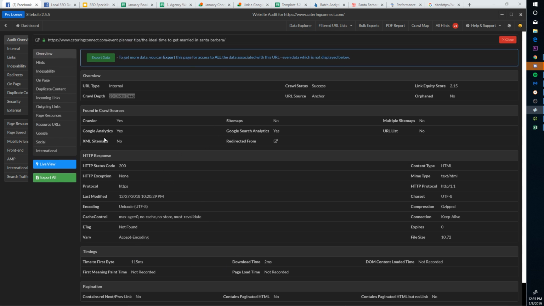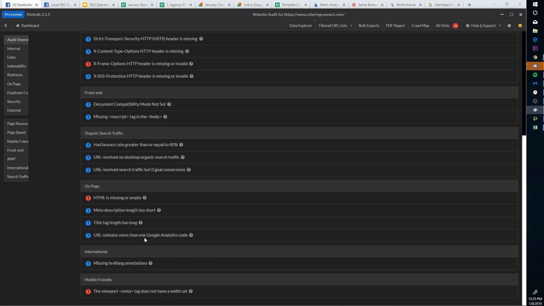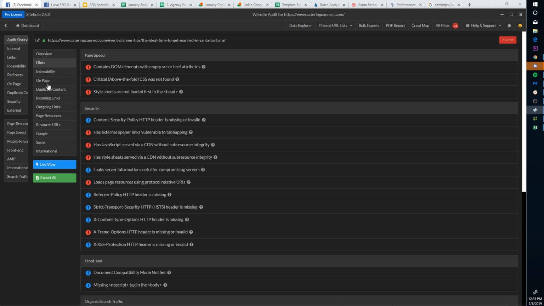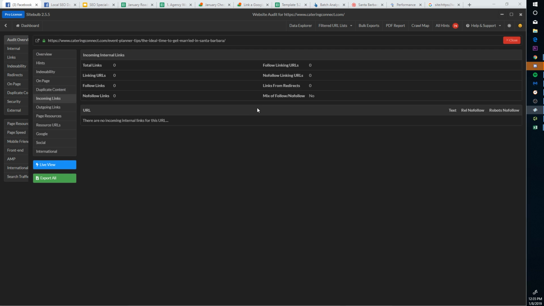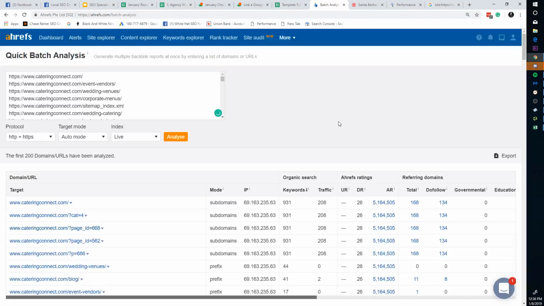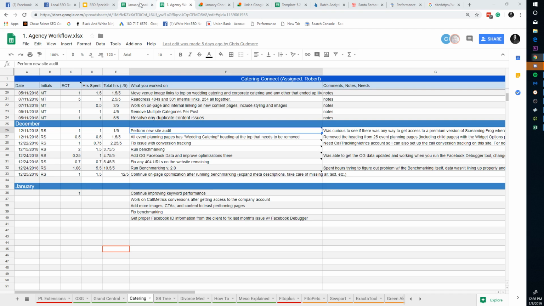You can also see all the hints, it'll show you all the different things that are wrong with that page. It contains no analytics code. And then if we look at duplicate content, it's good. Incoming links, you can see 0. Right? So this is a completely different issue. So if there's 0 internal links, it's 23 clicks in depth. It's the second most valuable page on the site. And it has,